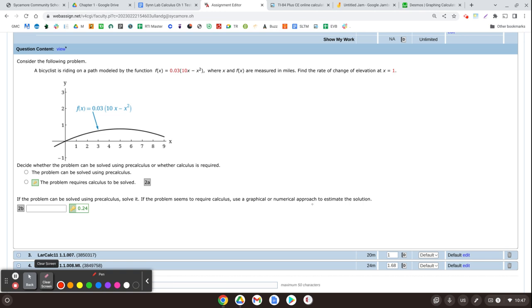So I'm going to clear. Now, we want to know what the slope of this tangent line is at 1. Okay. The best way we can do that is to find a segment that's very short, that's actually on that line, and then find the slope between those 2 points. And the slope of that segment should be close to the slope of the tangent line. So let's think about